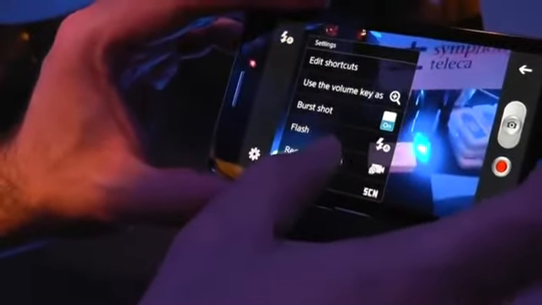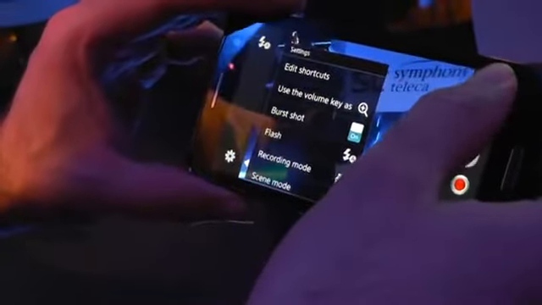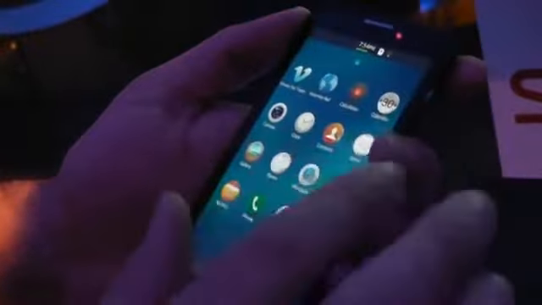So if I tap on camera, we have burst mode, which is going on at the moment. So a relatively well-stocked camera app with lots of different settings, very much a smartphone camera app. Quite complex and full-featured. If I go back, let's look at